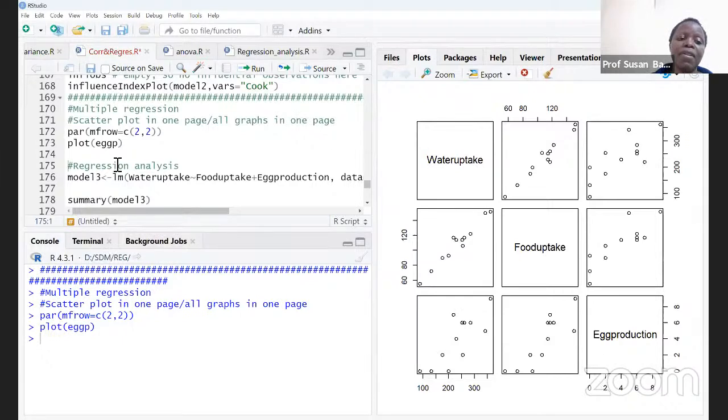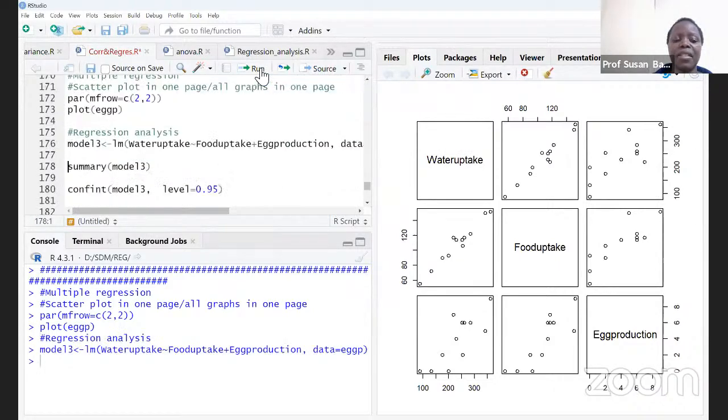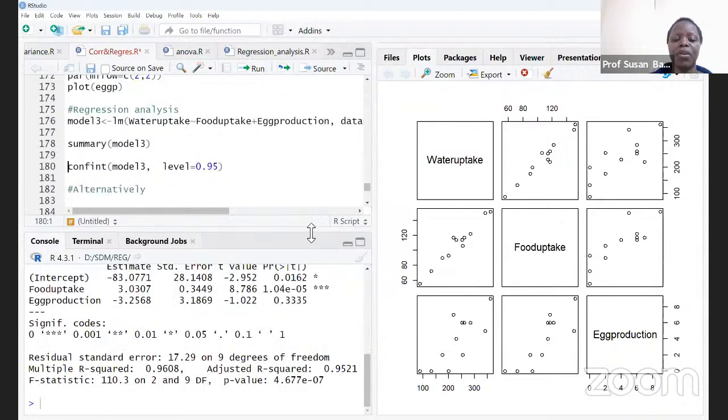Next, let's run our regression. Model 3 is the object name, and lm is our function. So water uptake is a function of food uptake and egg production. And our data is still egg P, so you don't need to set the directory. When we run that and run the summary of the model, we are going to see in the console